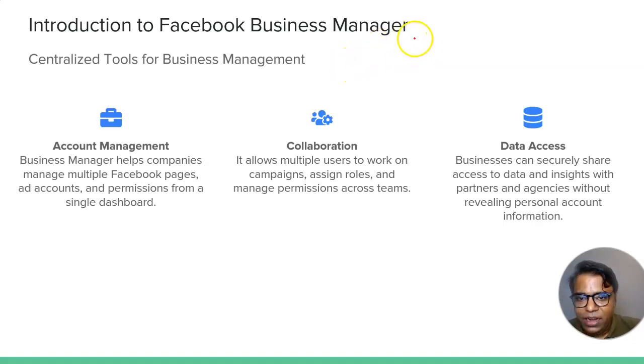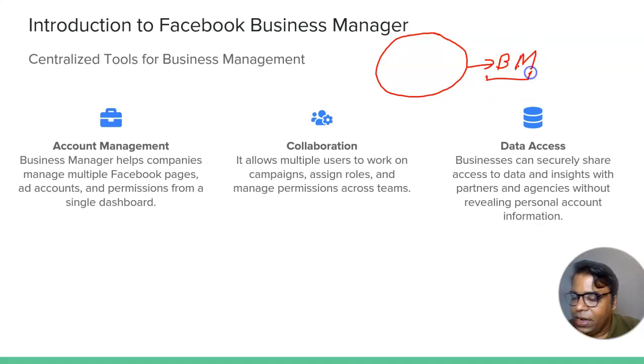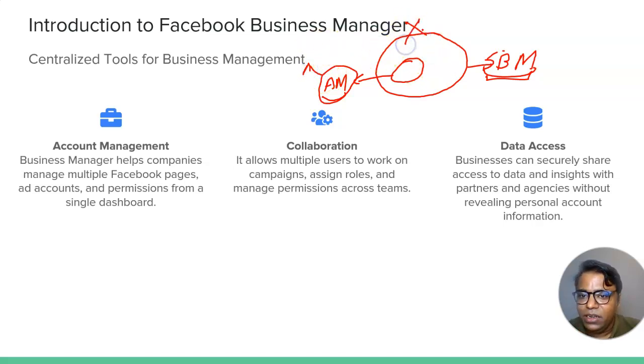So I'll tell you, see, business manager is the superset. So let's call it super. This is business manager, right? And within business manager you have a subset called ad manager. So ad manager is part of business manager, right? But ad manager can exist in isolation as well. So if you don't want to create business manager, that's all right. You can only create ad manager and then run the campaign. It's extremely possible. But what business manager does, it allows you to do a lot of things which ad manager